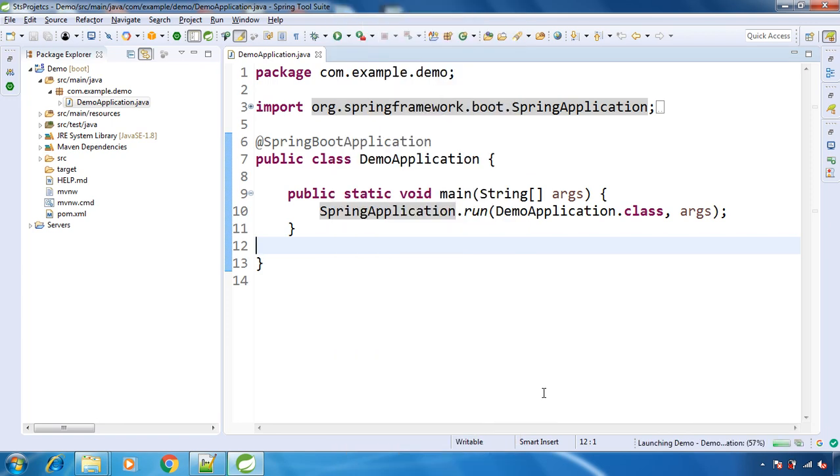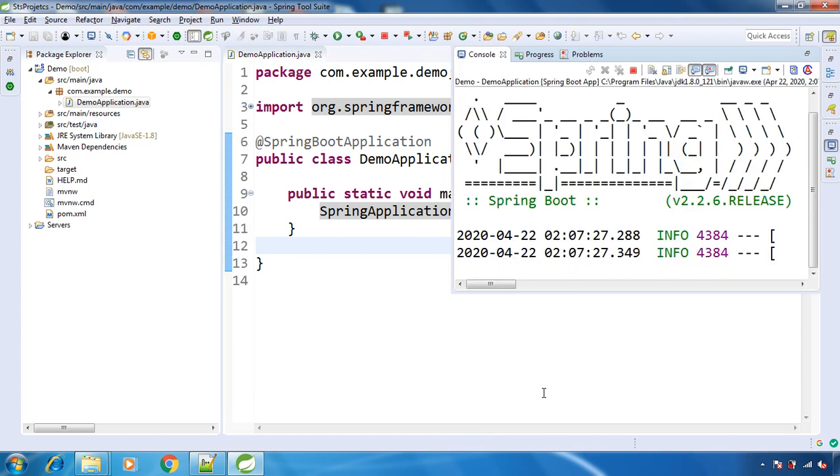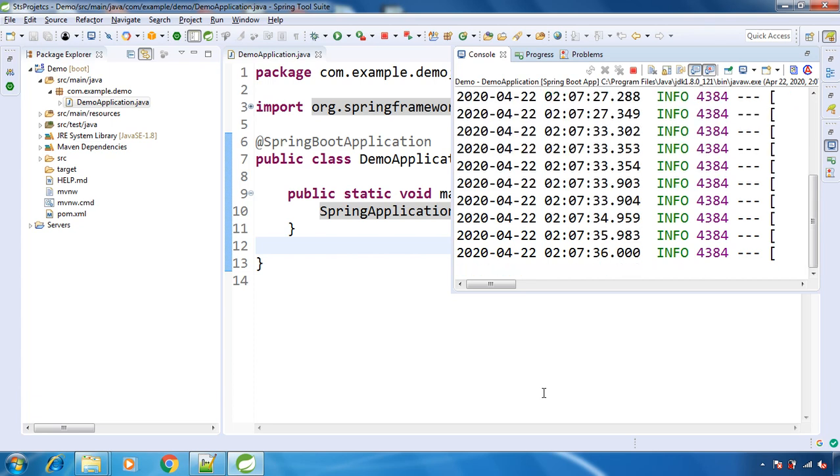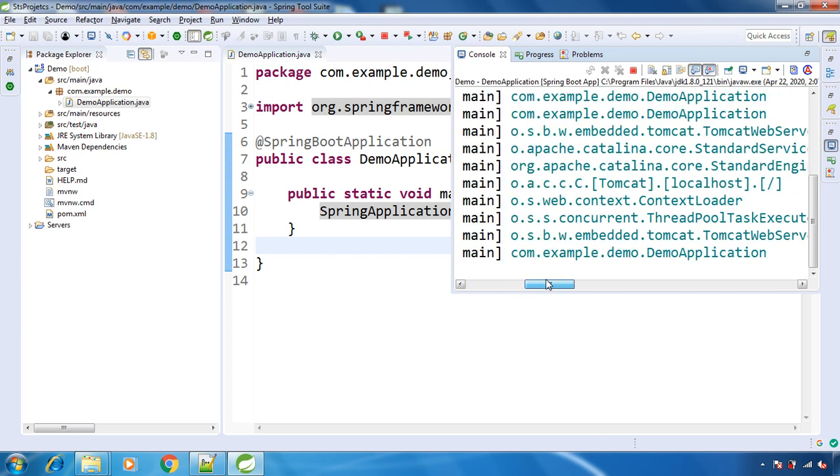Select this one. By default, this Spring Boot application will start on port 8080 on an embedded Tomcat. We don't need an external Tomcat server to run our Spring Boot application. Yes, we can do that as well, we have an option for that. You can have war packaging for your Spring Boot application, and then deploy that war file to an external Tomcat server. But by default, it has an embedded Tomcat server inside it.